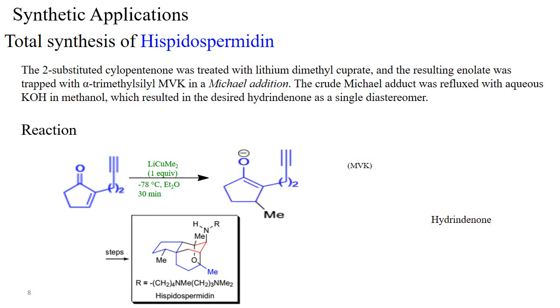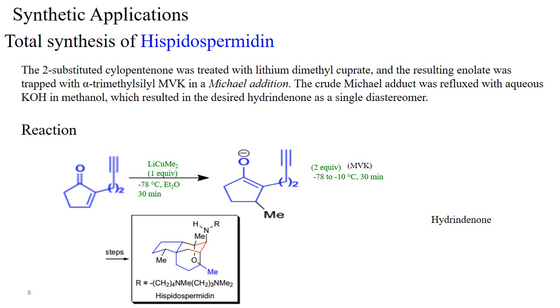Then see, this organometallic compound is the source of the methyl group. Methyl as a carbanion will attack at the beta carbon, and this bond will shift over here, and this pi bond will move toward the oxygen. As a result, this 2-substituted cyclopentanone will be converted to this enolate type compound. This is enolate. And remember, the first step in the Robinson annulation reaction is the formation of enolate.